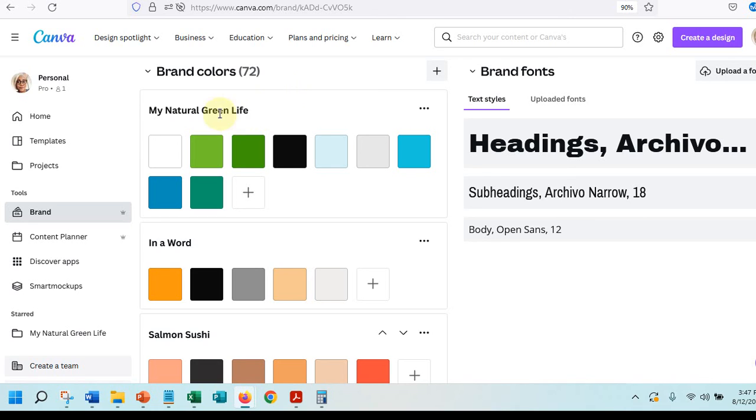So if you have the free plan, you want to definitely make sure when you select your brand colors that you write down all of the hex codes so that you can access them, and maybe put that in a notepad or some note-taking application so that when you're creating your content, you can access those colors and be consistent